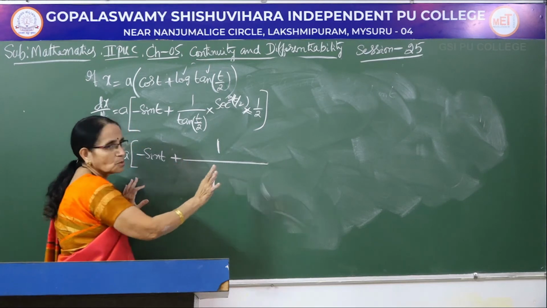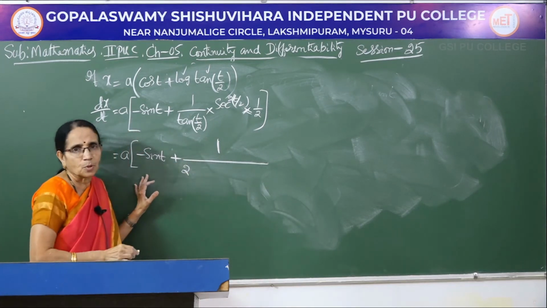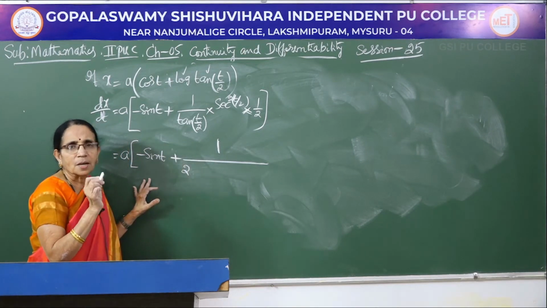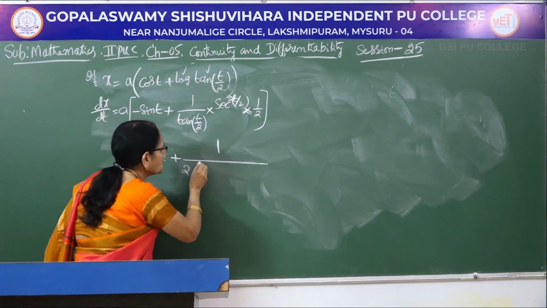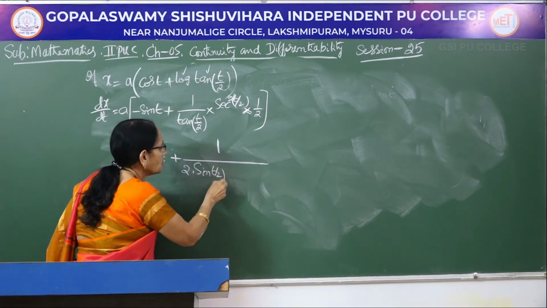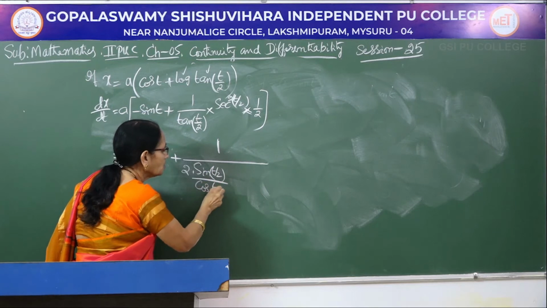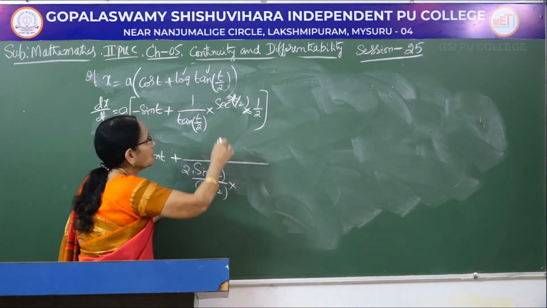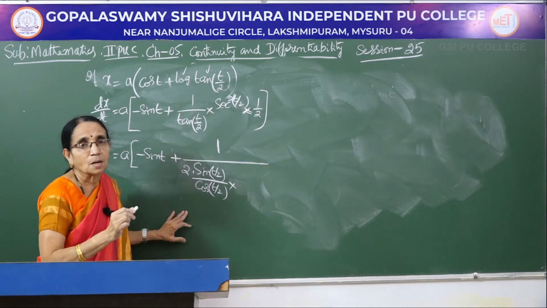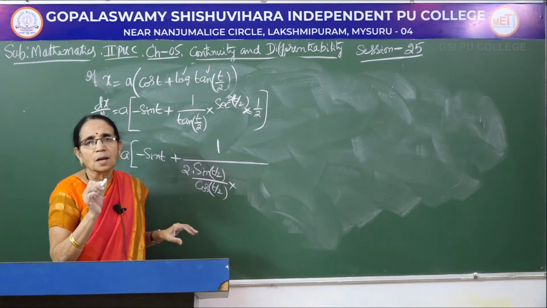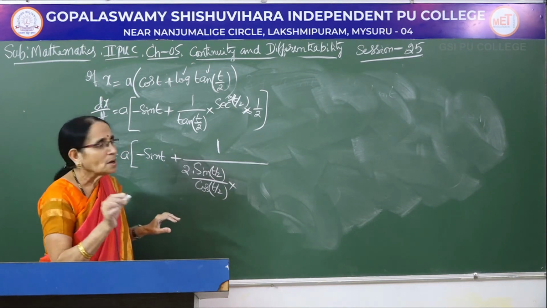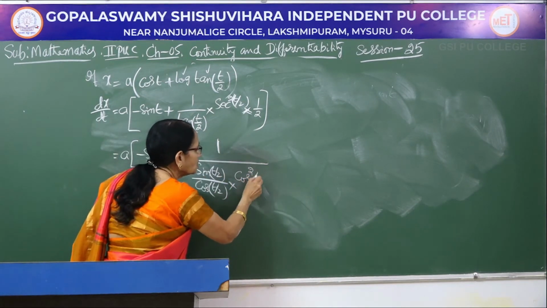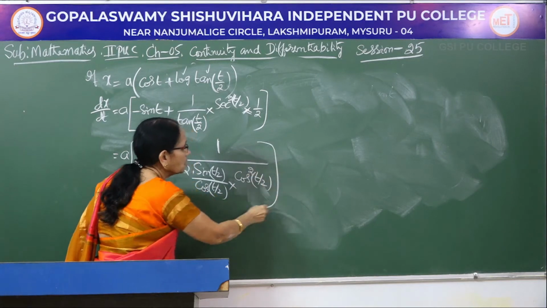This number, to all the terms will be in the denominator, write t by 2 first. Then tan of t by 2. You know tan theta is sin theta by cos theta. So, let me write it as sin t by 2 by cos of t by 2. Okay. Now, come to the second one, secant square. Again, secant and cos are reciprocal ratios. So, secant square t by 2 can be taken to the denominator, which becomes cos square t by 2.